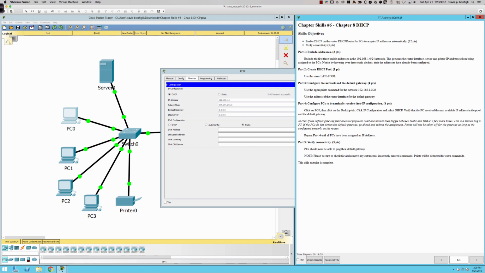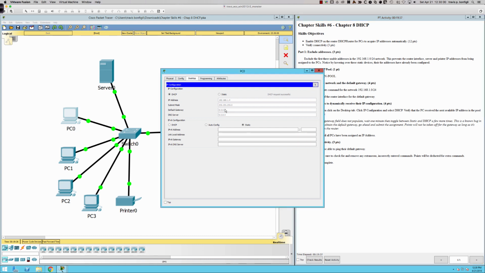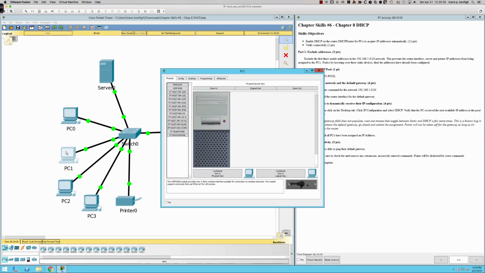It's a known bug in Packet Tracer. Okay, so we're seeing that known bug here, no default gateway, but that's okay. And again, there's no default gateway, but do we need a default gateway in this network? Yeah, the answer is no, because we are a single VLAN, we're a single broadcast domain, we're a single subnet. So there is no inter-VLAN routing that's taking place here, so I don't technically need the default gateway, but we're